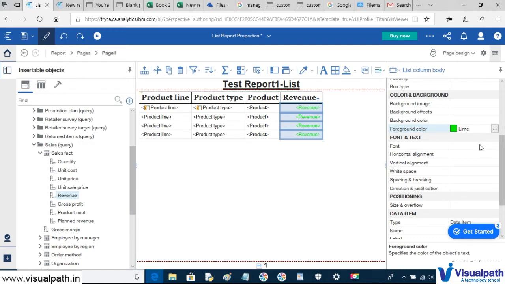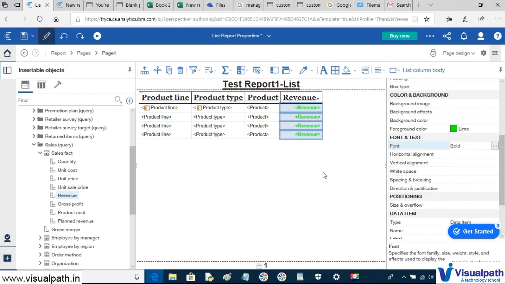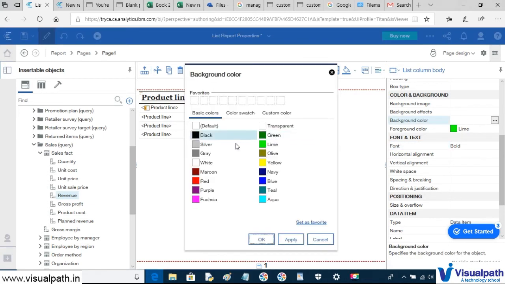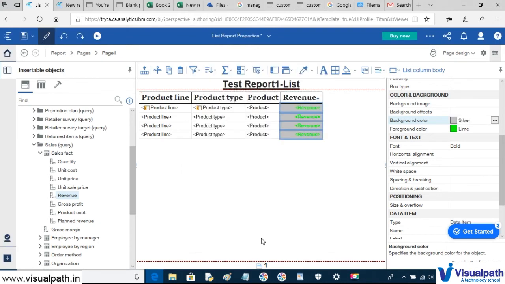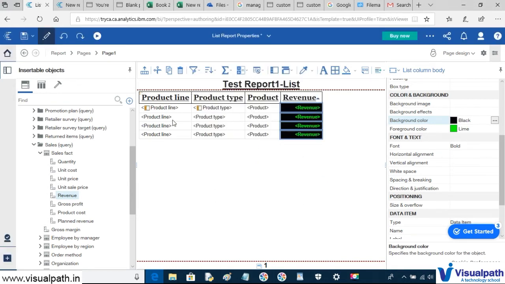Make the font bold. And make the background color, say, silver, or keep, yeah, make it black.